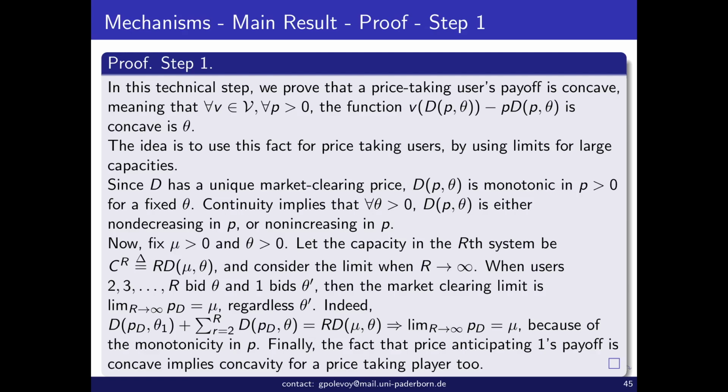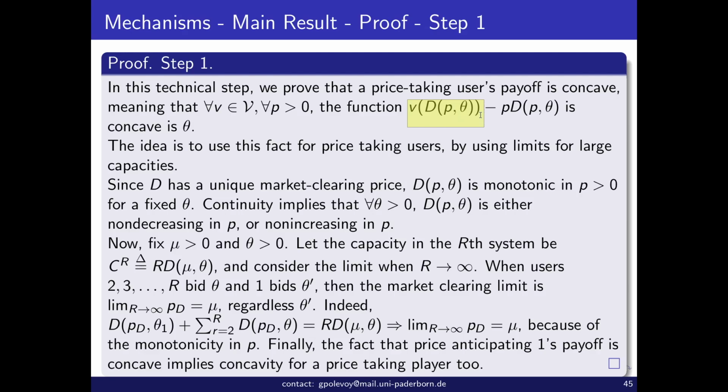In each technical step, this technical step is not something we have listed now. We prove that the price taker's utility is concave. What it means is that when you look at what a price taking user gets, for any value function or for any price, the utility is the value of what the user gets